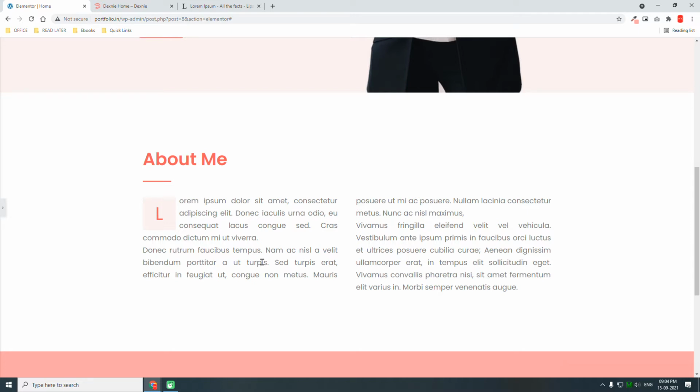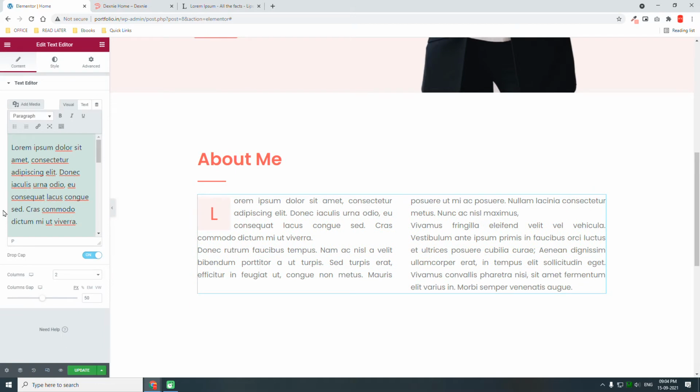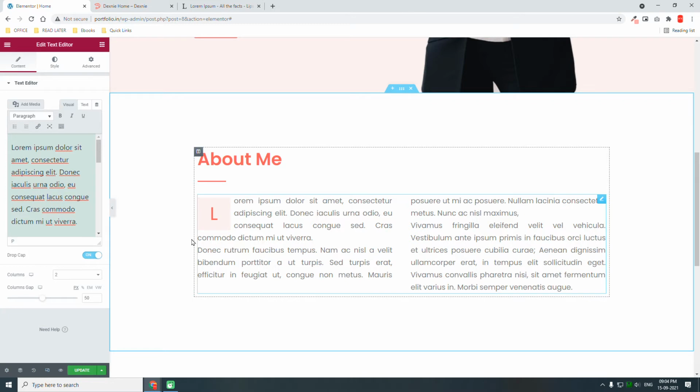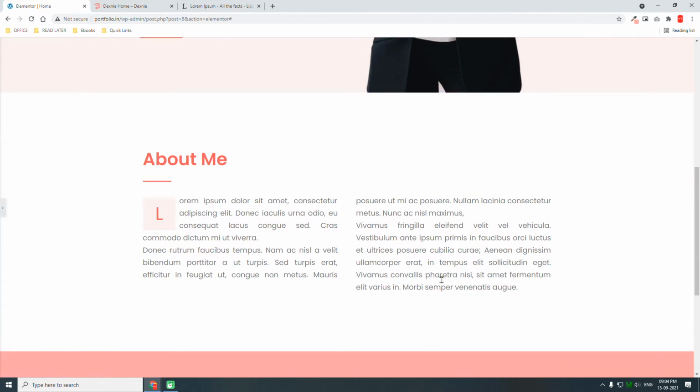This auto population of this two column text editor widget, or multi-column text editor widget, is a little troublesome for this alignment. Auto population is not working to the best of our expectation. So if you want to design properly, I think we have to use inner section, and we have to use two separate text editor widgets, but that's not the best practice. Okay, let's leave it here for now,